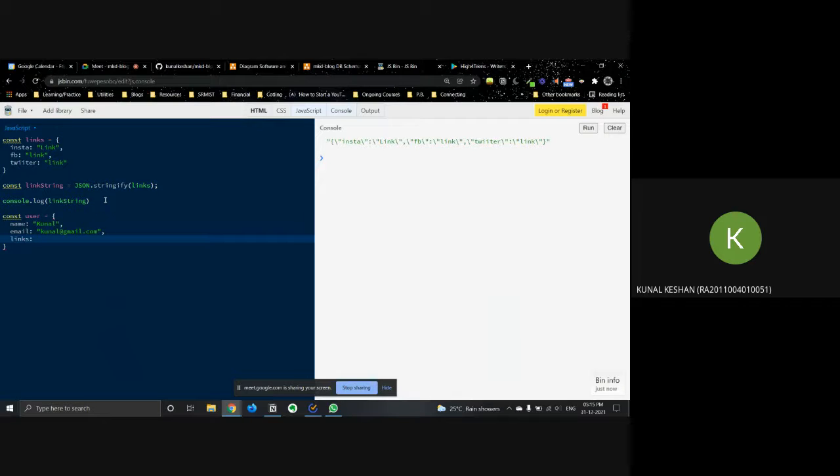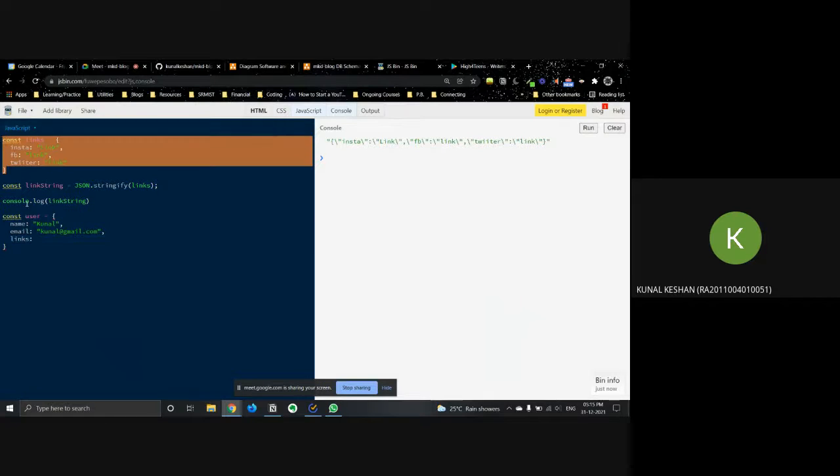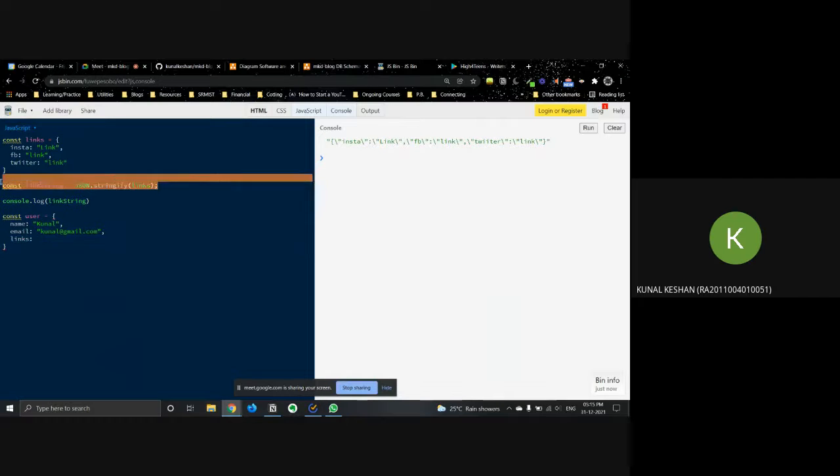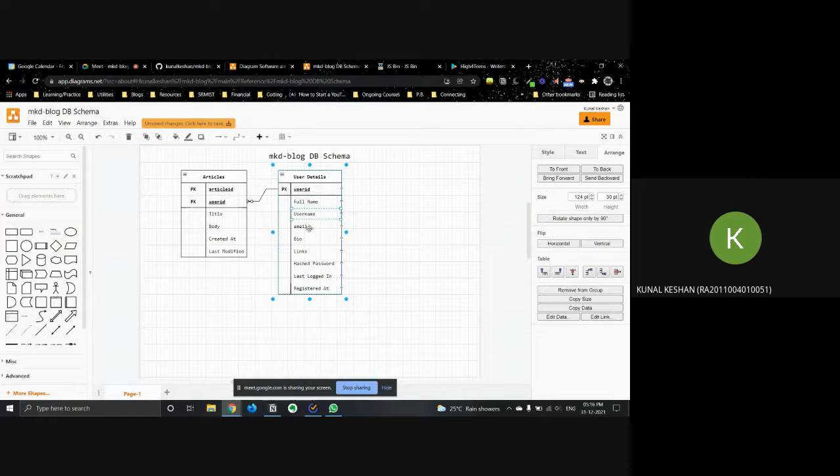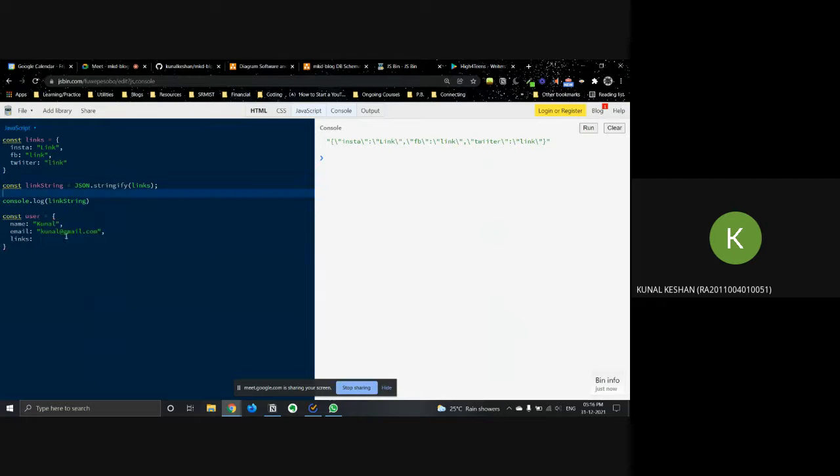So over here we cannot store this and then pass it directly. We'll have to save it as a string. You might say, why don't we just make it a string altogether and pass it? But if you remember correctly, in SQL, we have to pass them individually, with respect to the data type each has. So we are individually passing them into the table. I'm passing only the links in the form of a string.